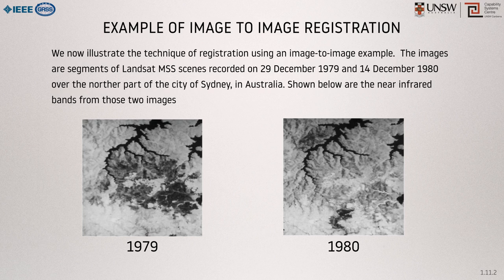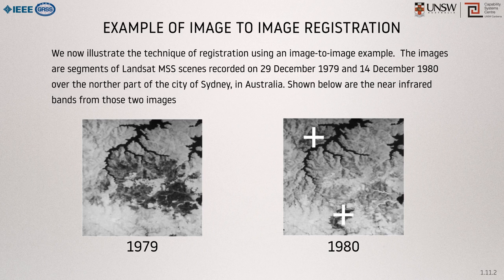Since they have been recorded in the near-infrared, both healthy green vegetation and urban regions show as bright. Water shows as black. And the dark grey regions are burnt vegetation resulting from fires. In the 1979 image, there is a major fire scar in the centre. By 1980, much of that has revegetated, but two new fire scars are evident. One to the northwest on the boundary of the river, and the other in the central southern part of the